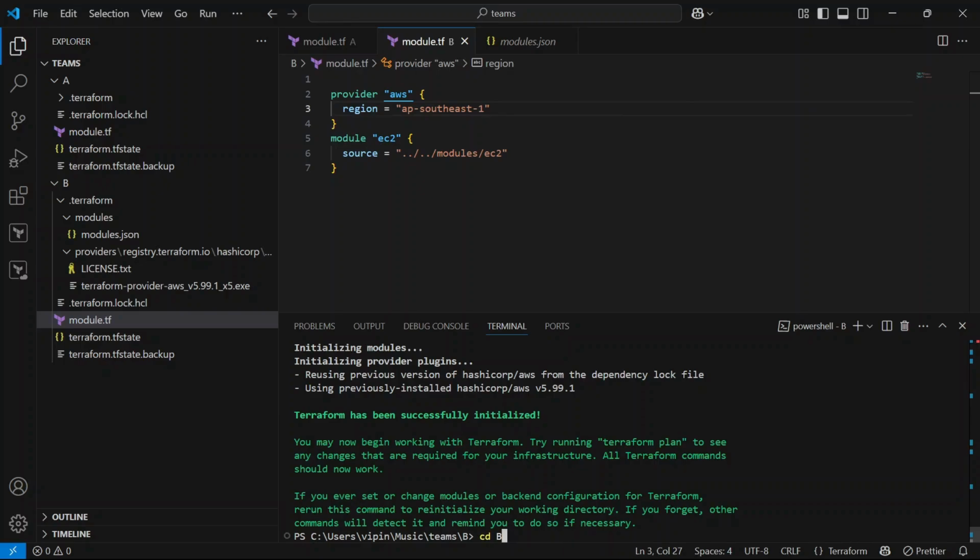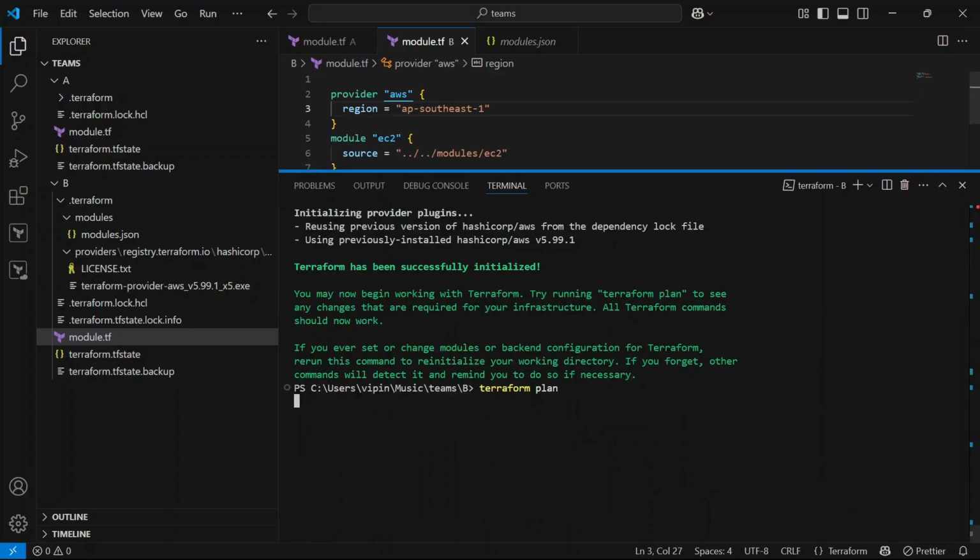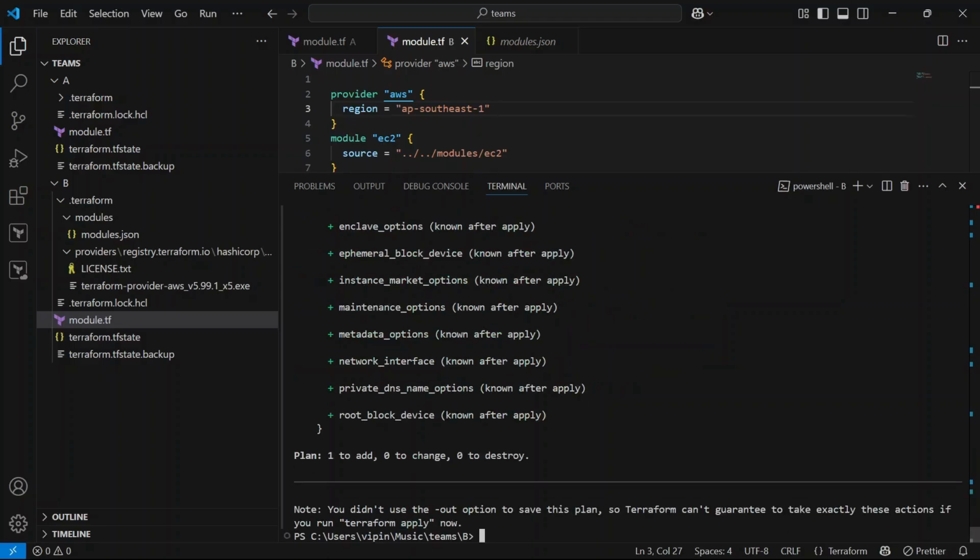Let's run terraform plan to see what resources our EC2 instance is going to create and in which region.